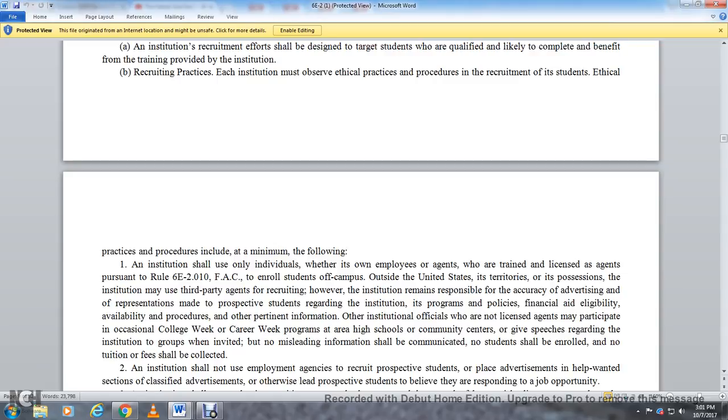6E-2.010, Florida Administrative Code, to ensure the student is offered the opportunity to enroll. Students shall not be enrolled off campus outside of the United States and its territories and possessions by an institution through a third-party recruiting agency. However, the institution may responsibly and accurately advertise, in a manner protective of students, regarding the institution's programs and policies, financial eligibility, availability of the procedure,